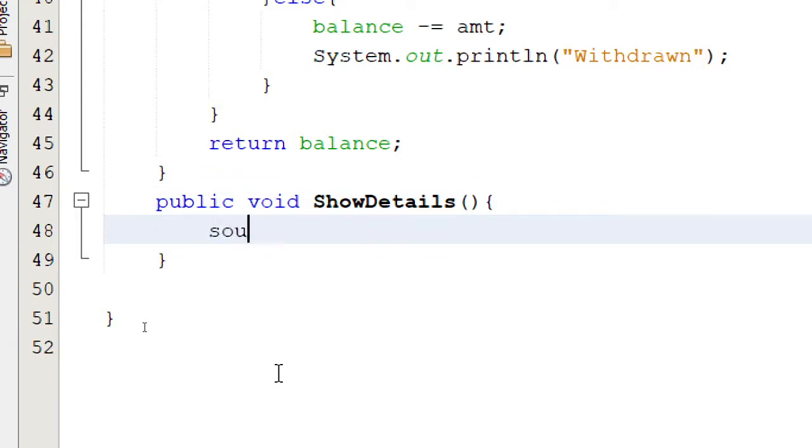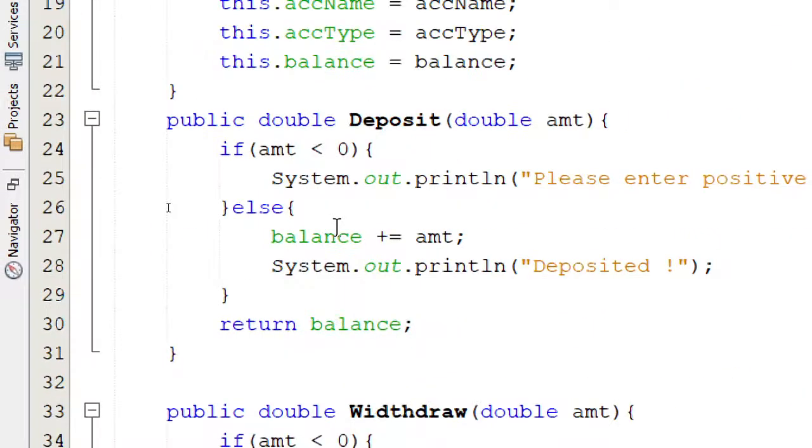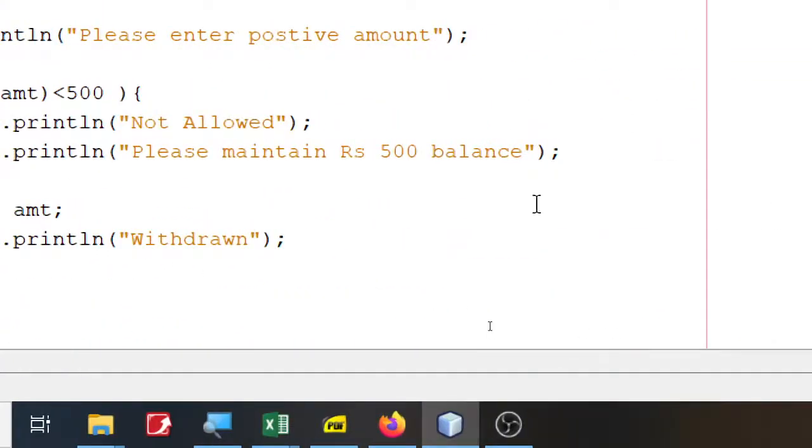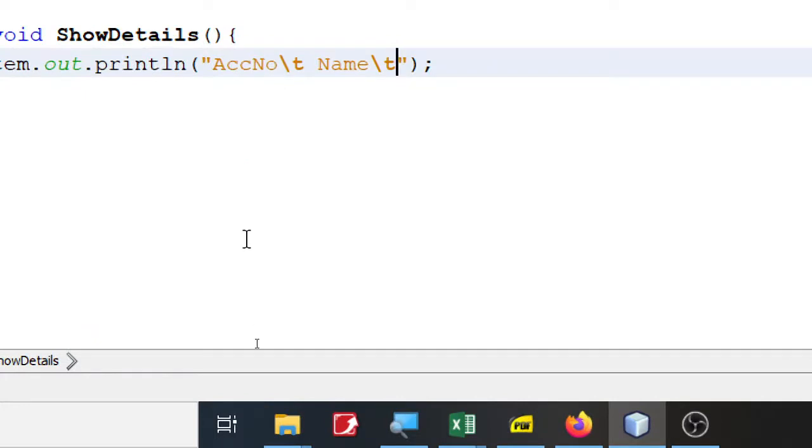So let me use System.out, and I'm going to say first is account number, slash t, name of the depositor, name, slash t, sorry, remember, am I taking the account type? Okay, account type. If I'm taking account type, even though it is not asked in the examination question, account type, and slash t, balance,